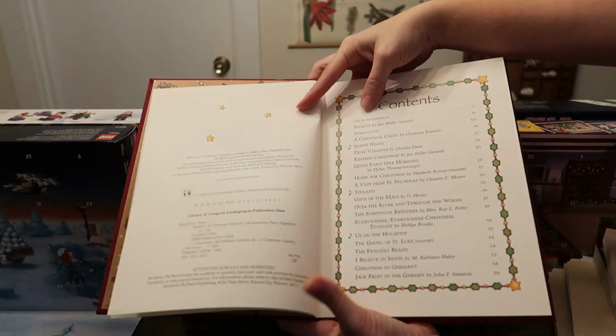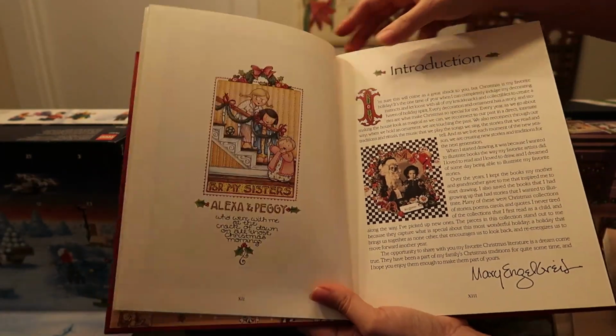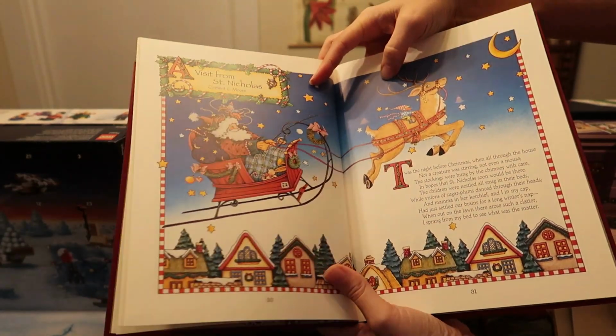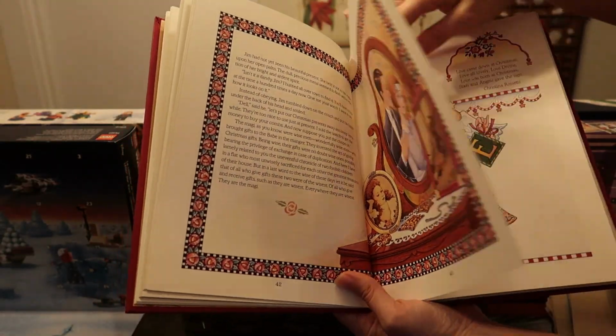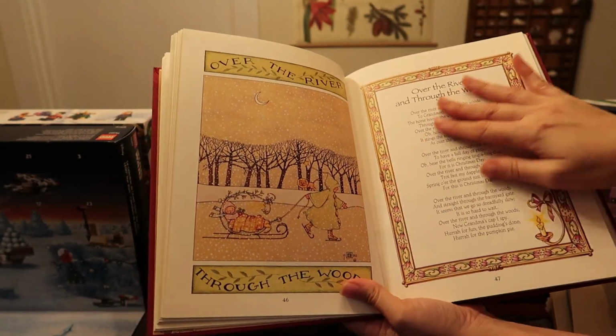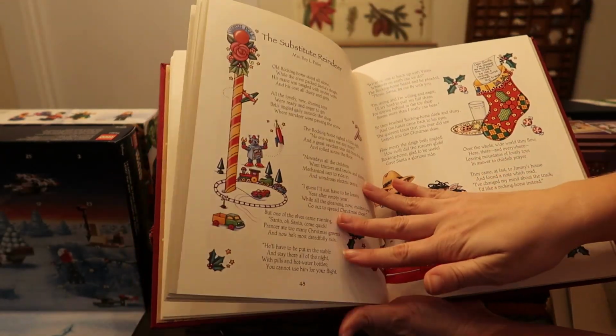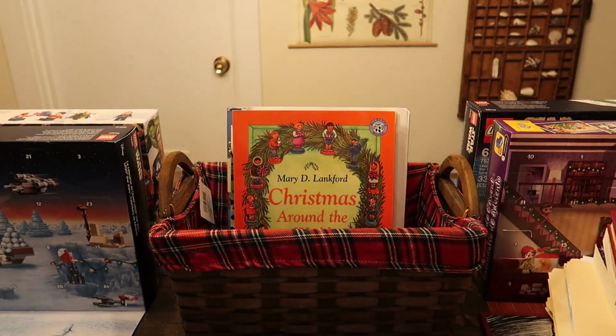This Believe Christmas Treasury is one of my favorite books that we own for the Christmas season. This is the one we use most often when my kids want to do a Christmassy tea time. So this is a compilation of different stories and songs and poems about Christmas, and it's just such a fun little book. So as I mentioned earlier, other than Unearthing Wonder and All Creation Waits together,